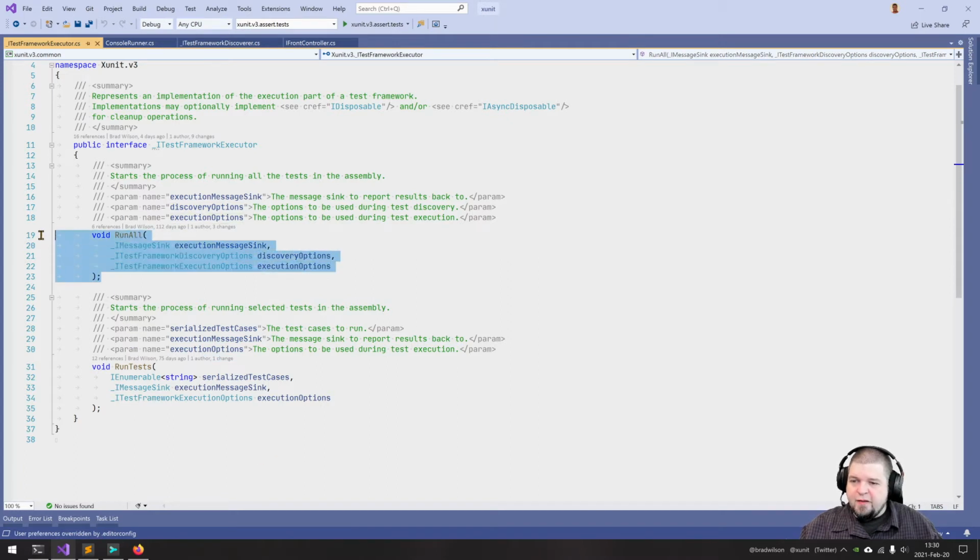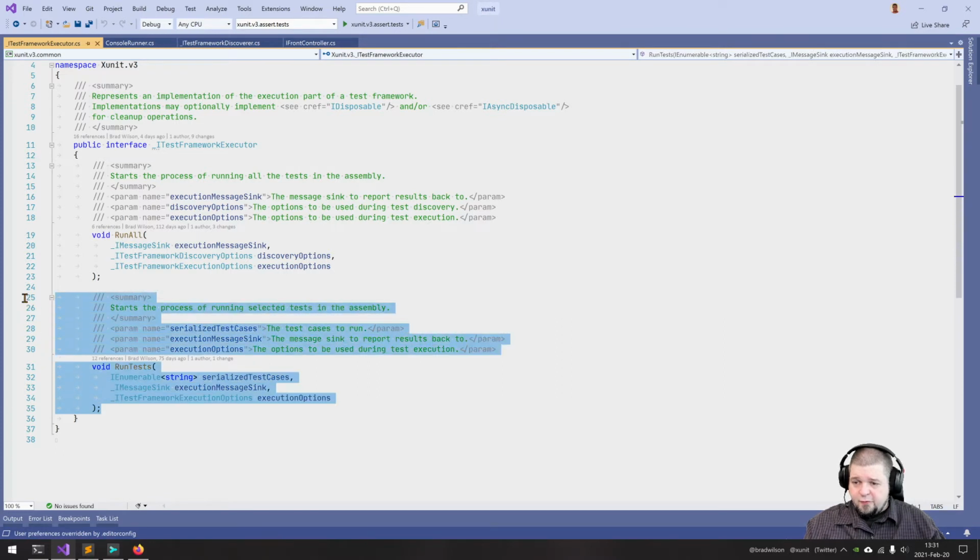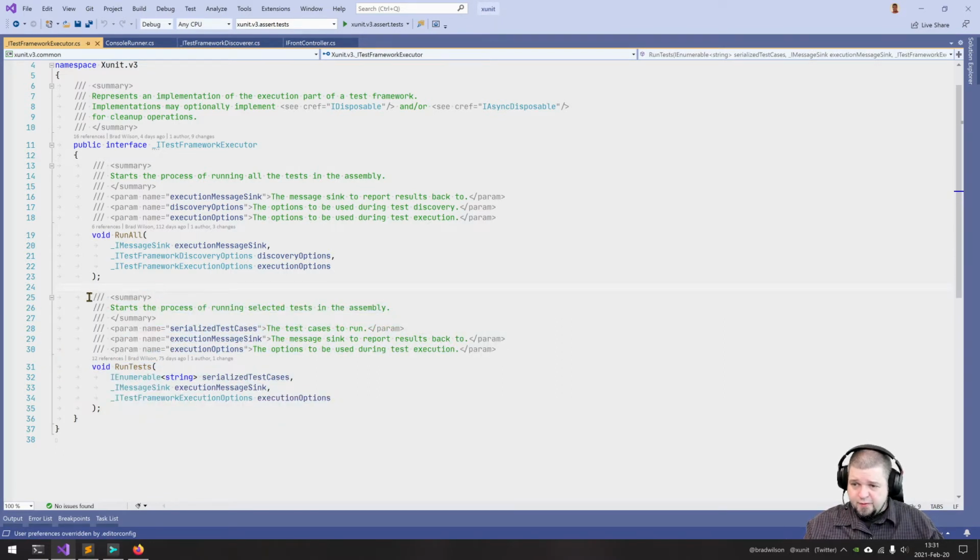So I kind of feel like I want to get rid of run all, or I want to do run all in a different way. I'm not 100% sure yet what exactly that's going to look like. But certainly the first version would be find with filtering and then run the list of things that came back. What's kind of interesting about that is